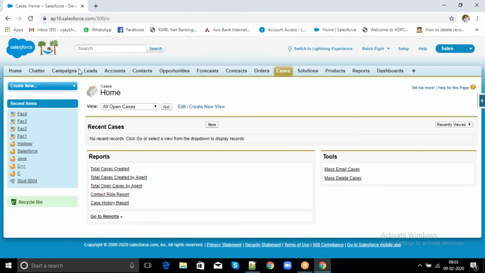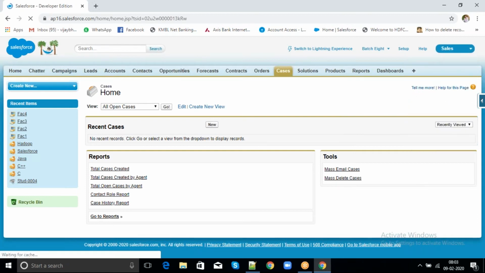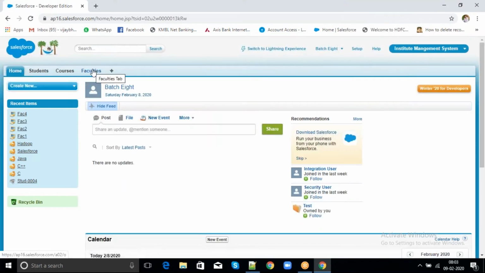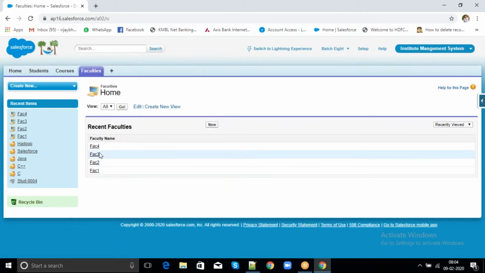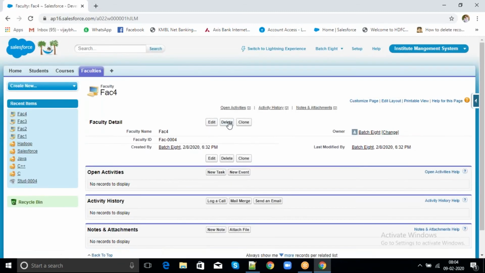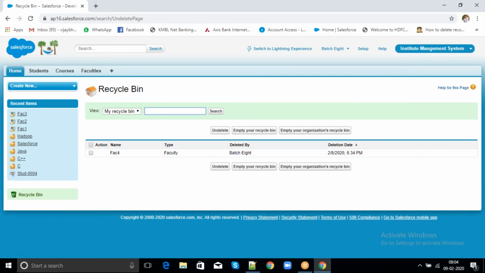Again, I will switch to Institute Management. Now, what is the recycle bin? It will store the records. Is there any records? No. Now we have some faculty records. Now I am deleting this faculty 4. Now we have only 3. If I go to the recycle bin, that record will be there. The deleted records will be stored in the recycle bin for up to 15 days.